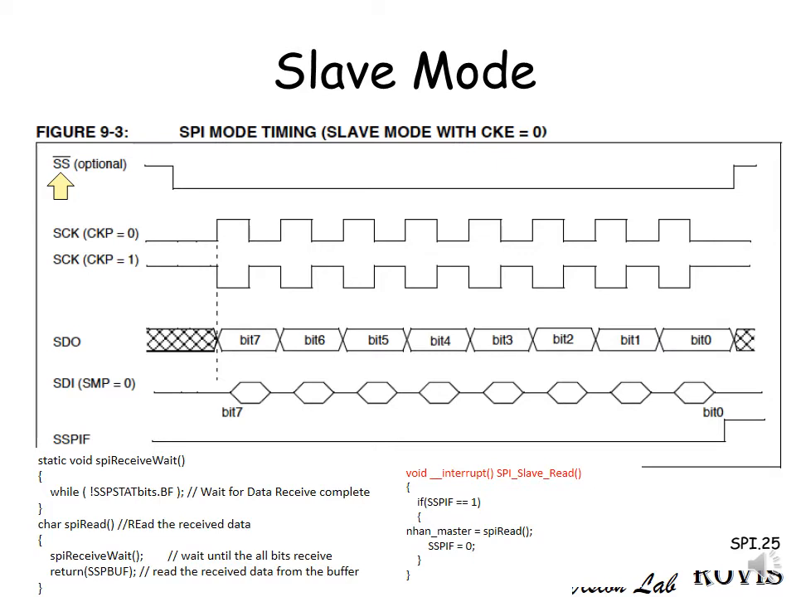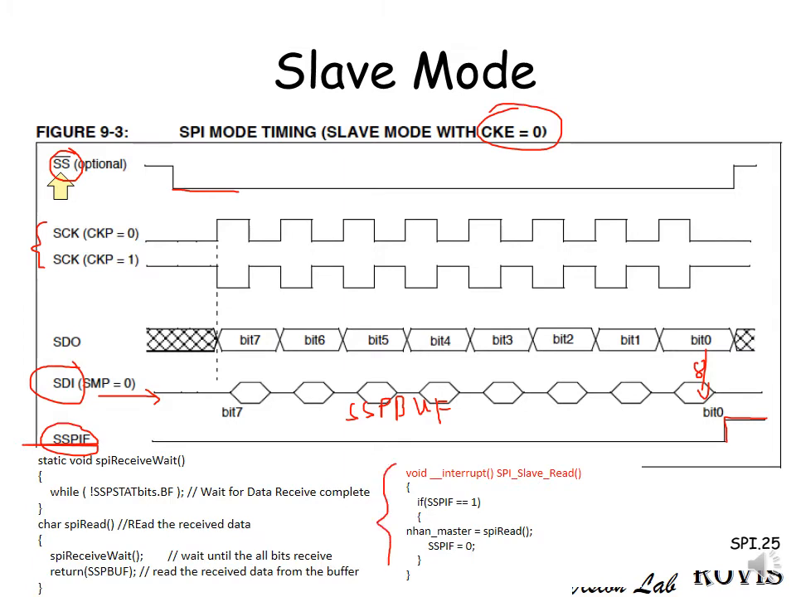Here you see the flowchart for the slave. When the chip select is chosen, right, that means it will go low, right? And based on the CKP and the CKE here, the data SDI will go inside the SSP buffer register. Okay, and then when it has transmitted 8 bits here, the interrupt flag will turn on here. Okay, so that means